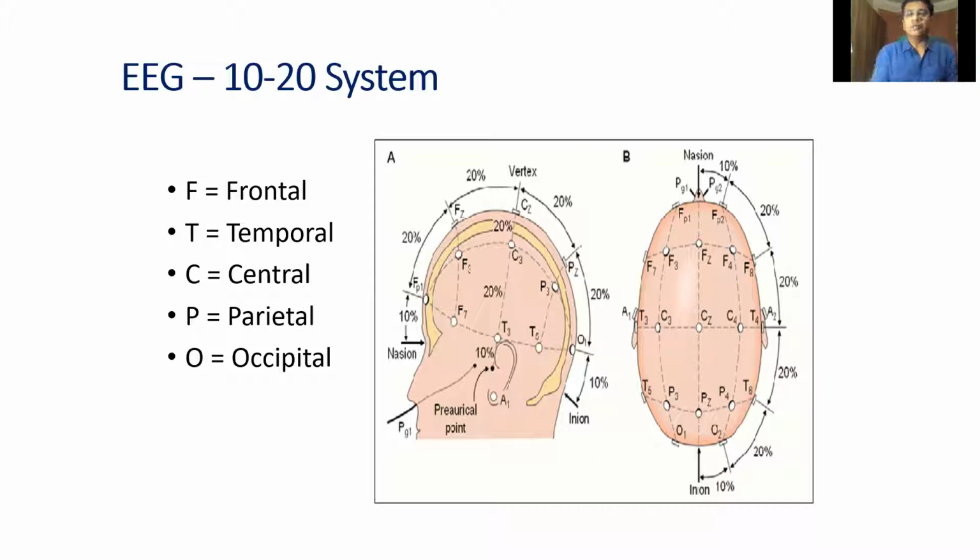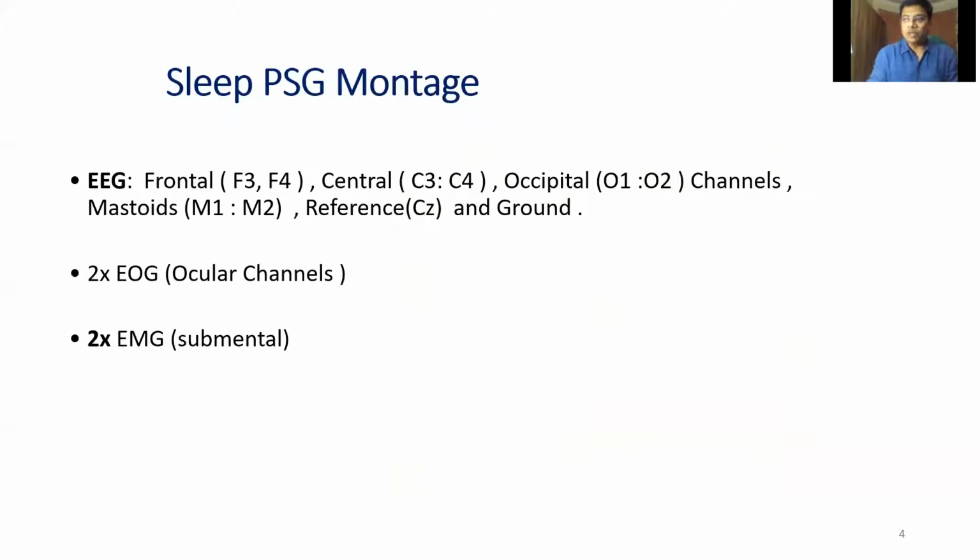So in video polysomnography, we are looking for frontal channels, central channels, and occipital channels, and each electrode has a role to play. However, in case we are using an EEG extended montage, we need to have temporal and parietal lobes, as well as in case we are looking at epilepsy patients. What AASM recommends for the sleep PSG montage is frontal channels F3, F4, central channels C3, C4, occipital channels O1 and O2, and each channel has some role to play. We will see that in the next slide. We also need to have mastoids, reference and ground.